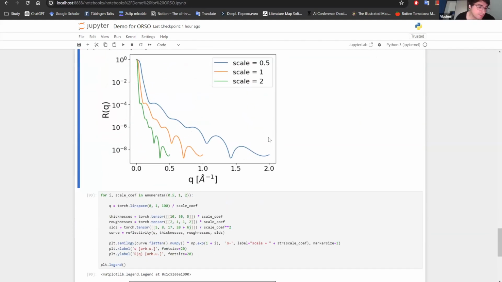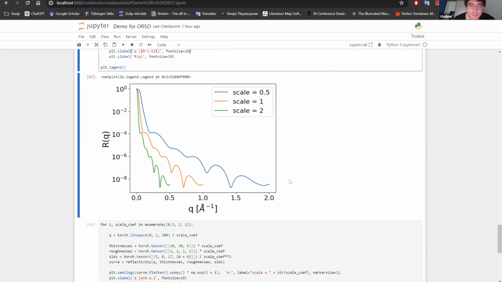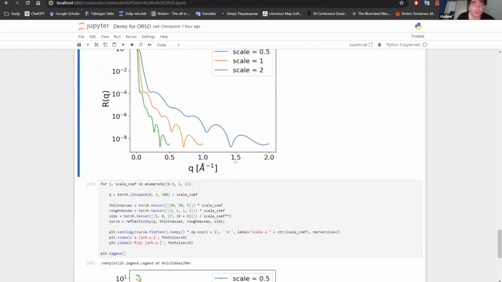Here it is demonstrated a bit better. You can effectively squeeze the Q range. This allows you to use the same model, which is trained on one Q range, for very different Q ranges during inference. This gives you great flexibility, but at the same time is a challenge, because you have to figure out which parameters and which models you can use, because of this flexibility resulting from scaling invariance.